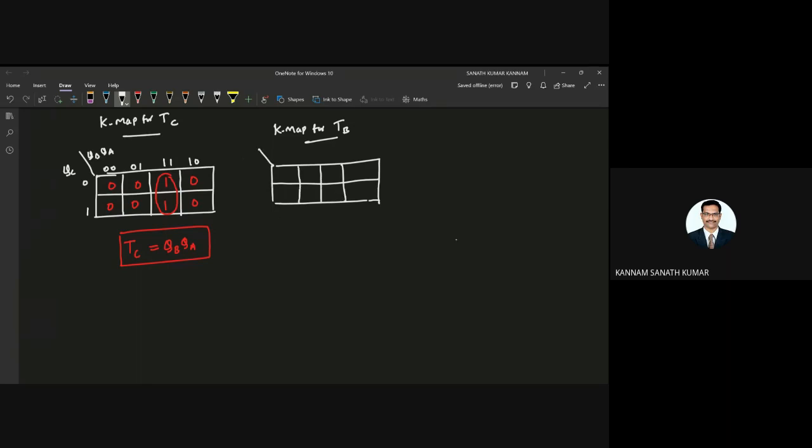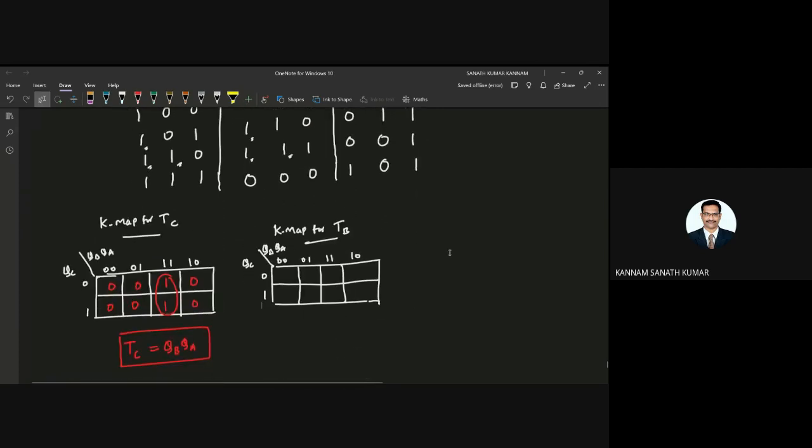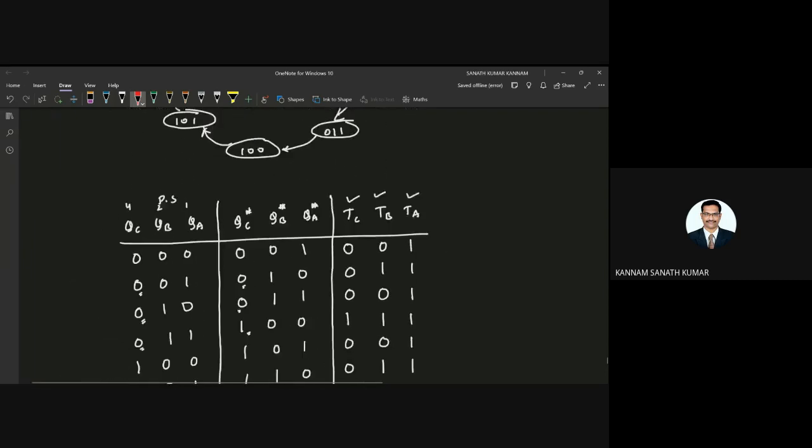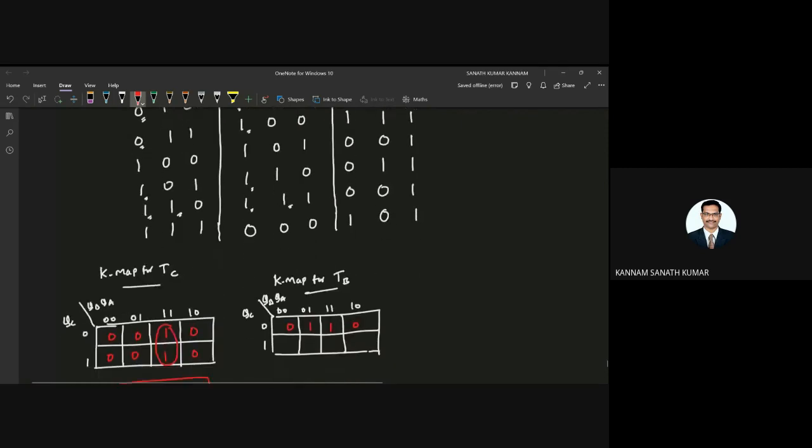So this is QC, QB and QA. 0 0 0 1 1 0 1 1 0 1. So if we see for TB, 0 1 0 1, 0 1 0 1. And next 0 1 0 1 0 1 0 0.